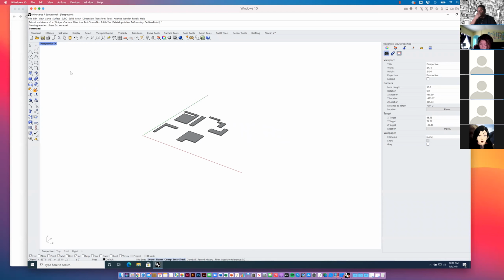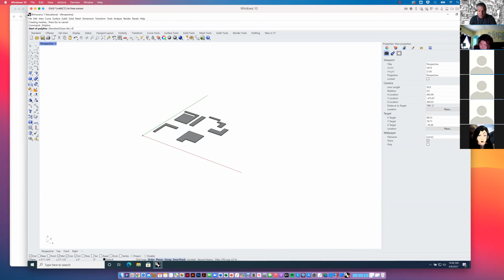Again, there's a couple of different ways to do this, but let's practice drawing a shape and then extruding it into a solid. Okay, so I'm going to go ahead and use my polyline tool. I'm going to snap somewhere close to the 0, 0 point here. Now, where it says start a polyline, I can snap or click somewhere on my screen to set that start point, or I could literally